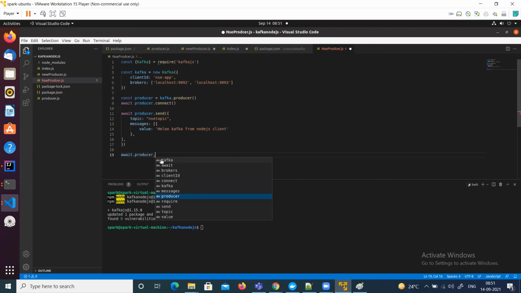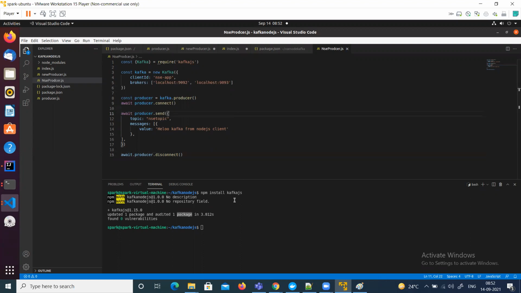If I want to close the producer, guys, disconnect is the option I got. So these are different options we got. If you want to check, just save it. And if I want to run this, guys, node nsc dot,